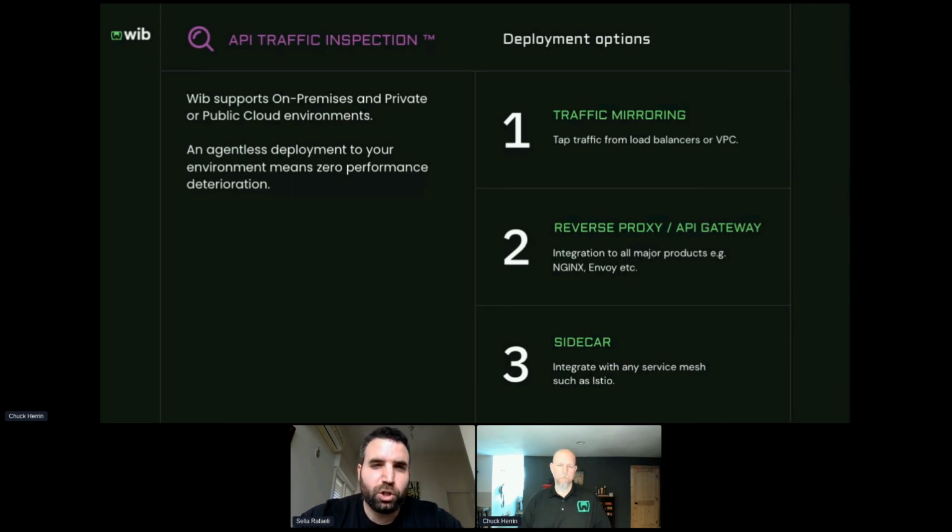Usually, most security-minded organizations already pipe all of their traffic through one or more API gateways, so they can consolidate things like security measures at the API gateway level. So our traffic inspection is very flexible, and we support installation on-premise, on your private cloud, in a hybrid installation, or in our private cloud to make sure that everything can work. We usually recommend a traffic mirroring solution, but we also support installations such as Sidecar and reverse proxy via plugins with all common API gateway reverse proxies. So we've worked very hard to make sure the traffic inspection is as flexible as possible because it is, as we mentioned, the flagship paramount piece of an API defense in production.